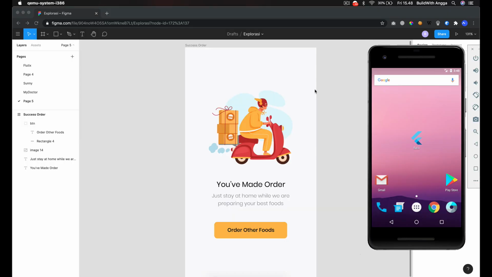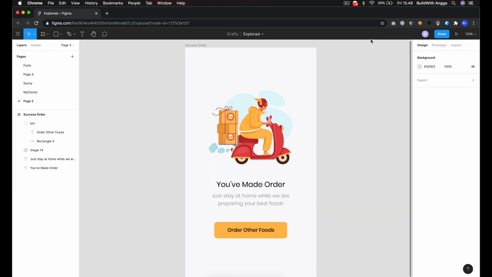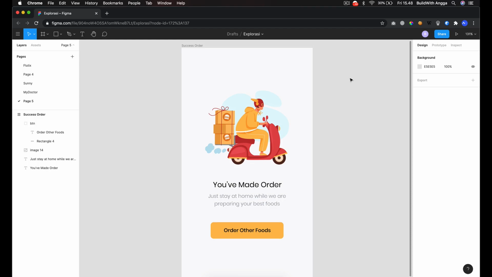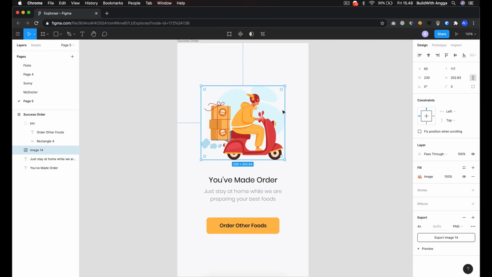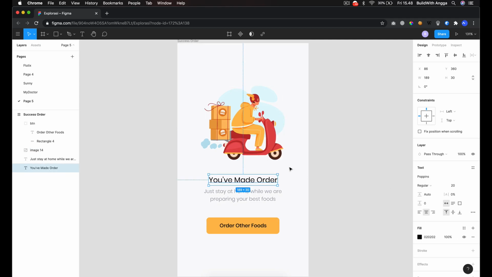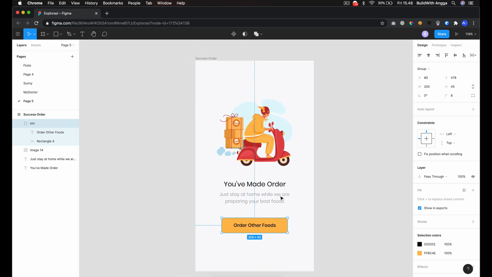Before we jump to this Flutter project, we need to prepare the assets. What kind of assets? The illustration, the style, the color, and everything that is available in the design.